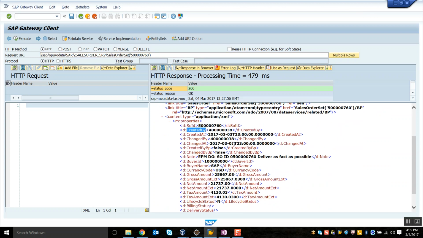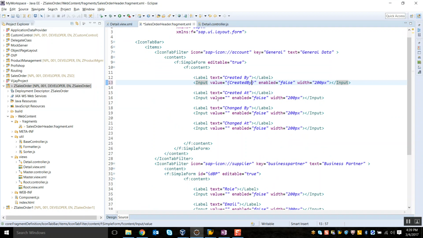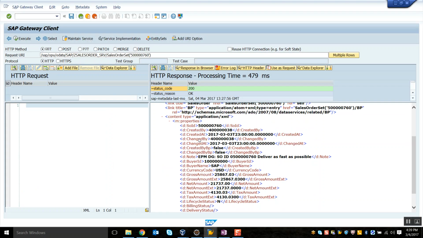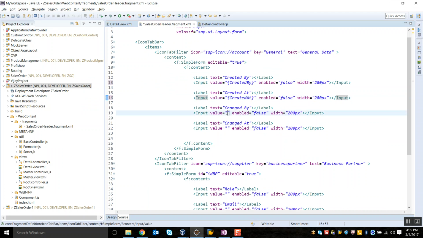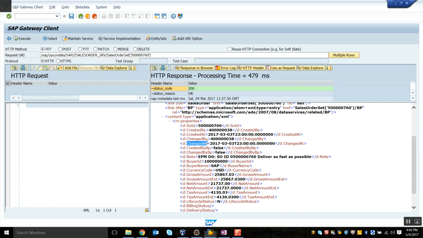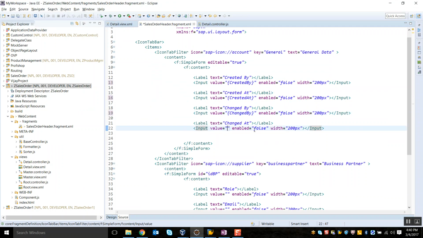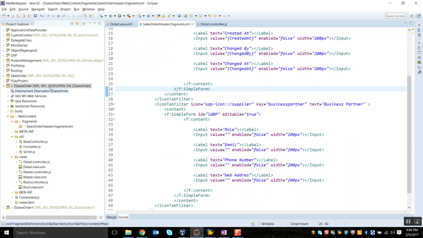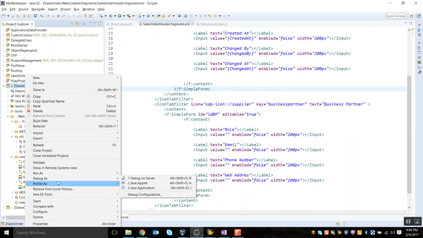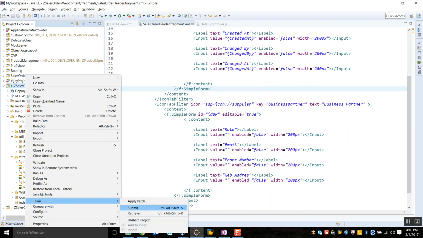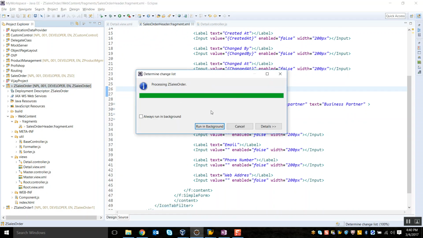Here I'm going to put this created by and created at, and I'm going to add this changed by and changed at. Then I'm going to activate this,